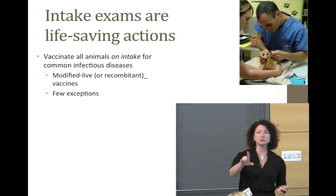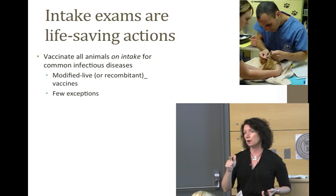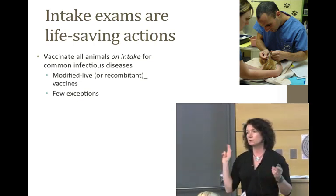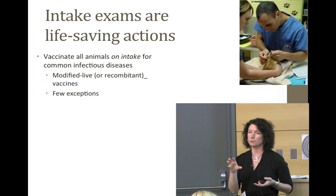Now, if it's a bottleneck in your shelter because the animals can't get on the adoption floor or they can't go home because they're waiting for a vet, then that's a problem. LVTs can administer rabies vaccinations in New York State under the direct supervision of a veterinarian. So again, maybe you need an LVT who's in more frequently, and they need to talk with a veterinarian